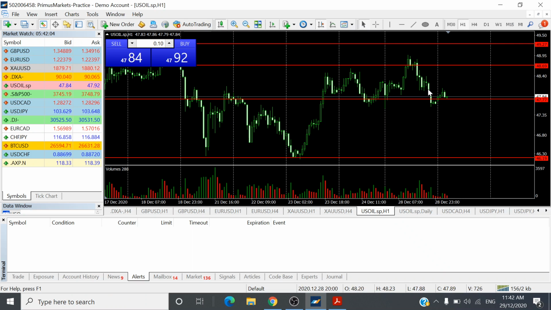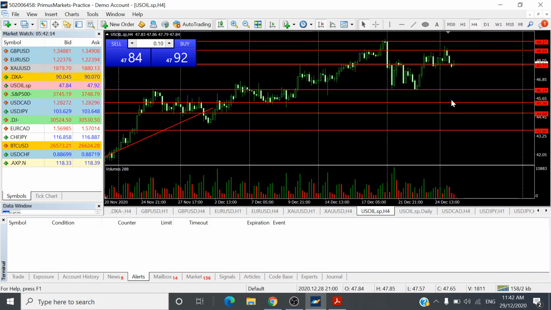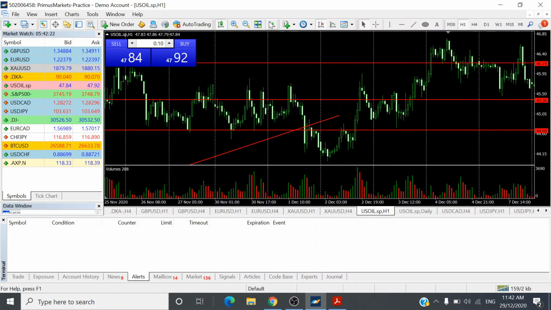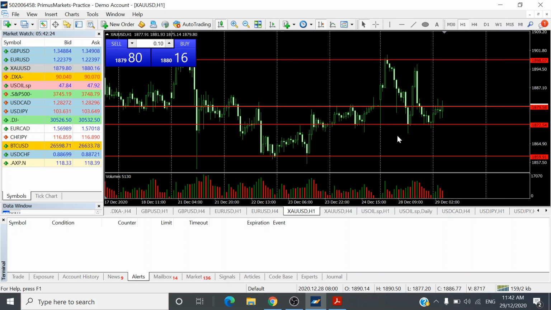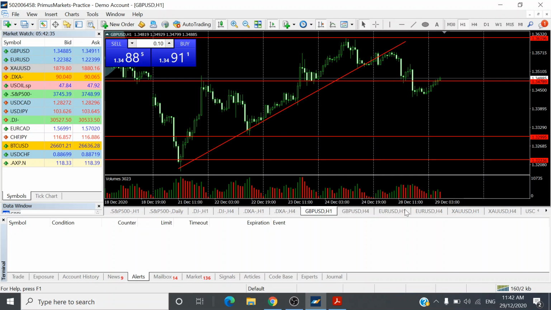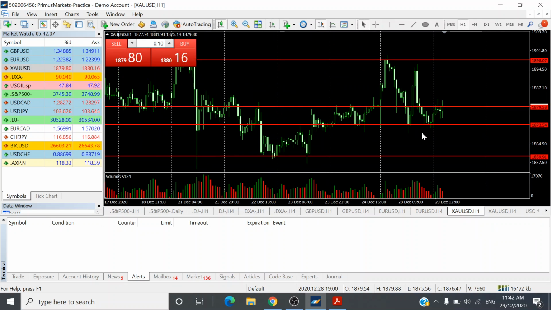Okay, so possibly there'll be more supply, less demand possibly, and currently we are looking at crude oil prices beginning to push down. Okay, so on the downside, it could push down back to 46.20 levels in the near term, before deciding whether to go up or down in the future. Okay, so these are the updates so far. Monday has been exciting. Again, although there's not much economic news or events, we do see currency prices and also commodity prices such as gold and oil prices moving pretty actively.